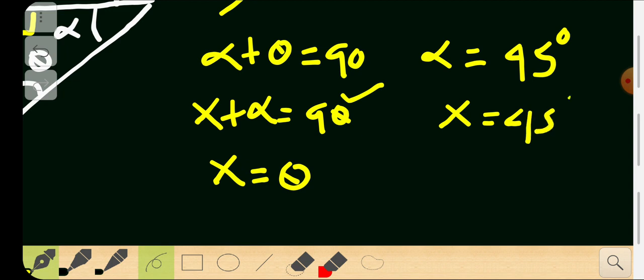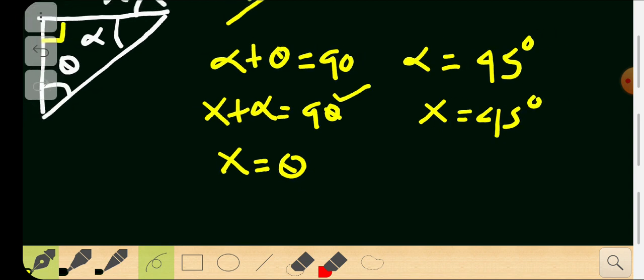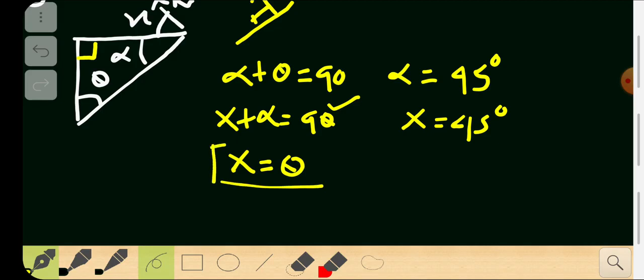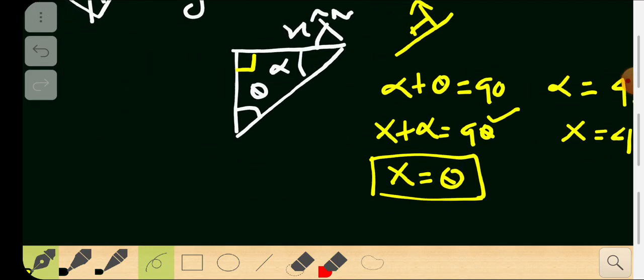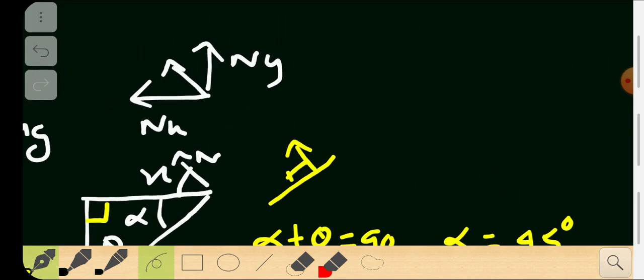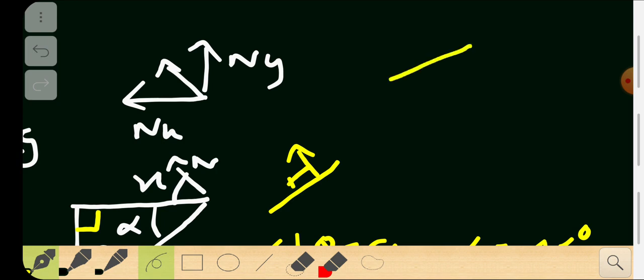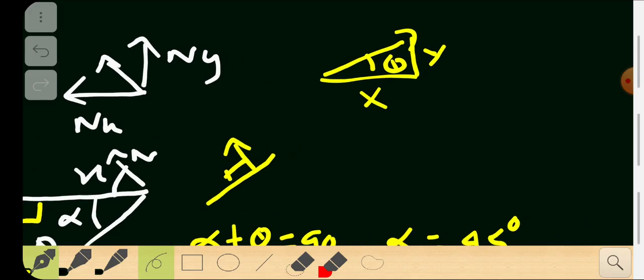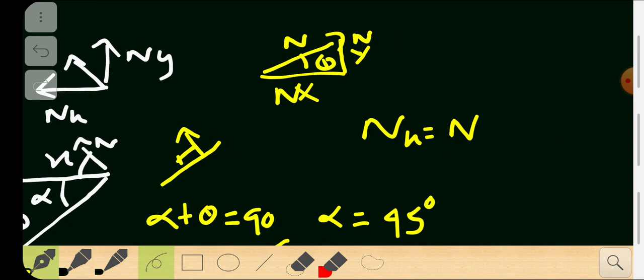Okay, that's a general case, and for a general case x is equal to theta. We found that out. Now we can use that in the case of resolution. We have nx and ny here, right? So if you have a triangle like this, with this theta, then the x component and y component here, so the x component, nx, is related to n, the hypotenuse, and nx must be equal to what, n times what